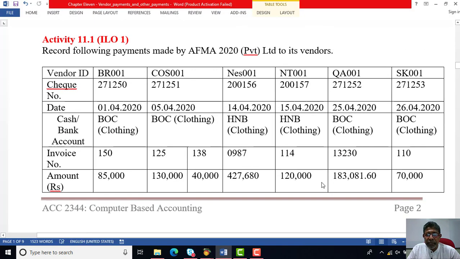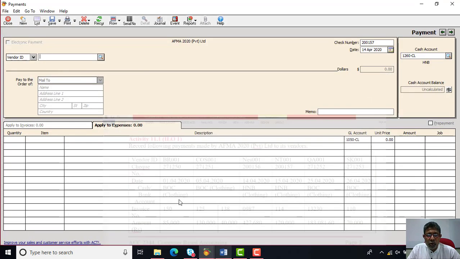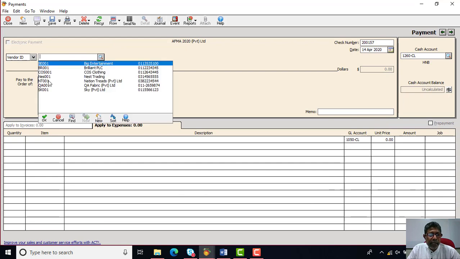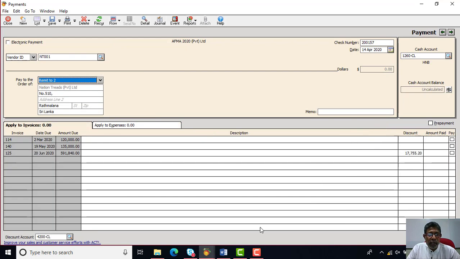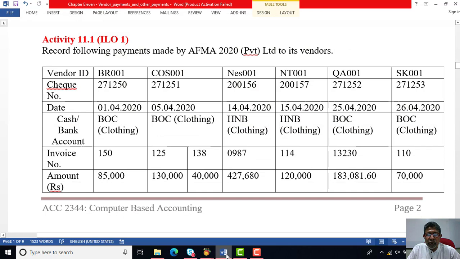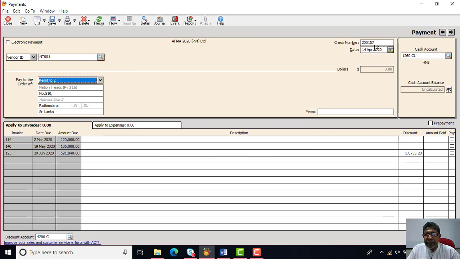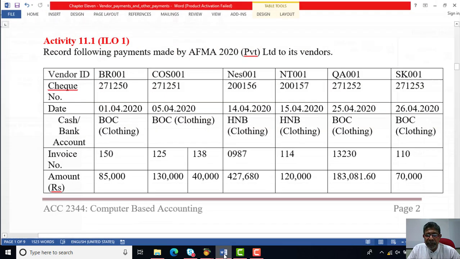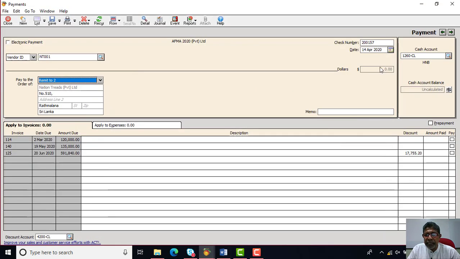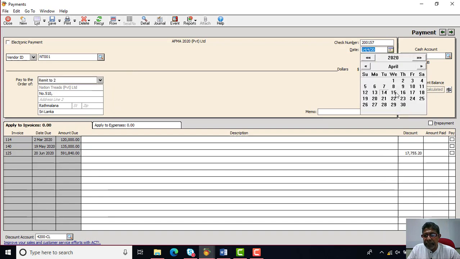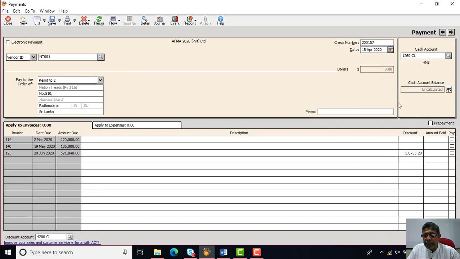So moving into the next transaction, NT001. Select the supplier NT001. All outstanding will appear. Then we can go to the details. So it's again with the clothing business HNB account. The next check number is automatically appearing. Then we have to enter the date. 15th of April payment is made, the next day. And the account is HNB clothing.